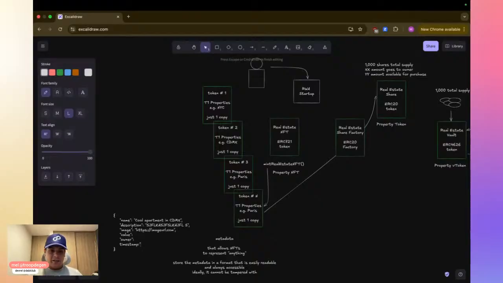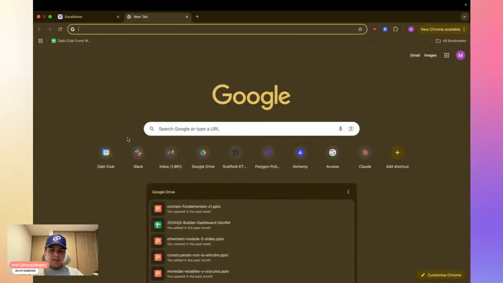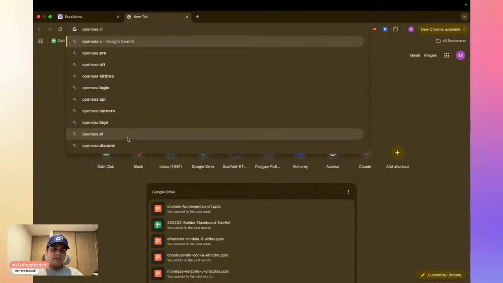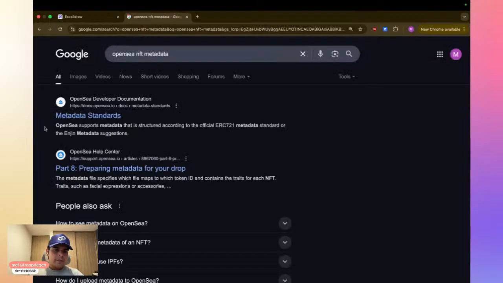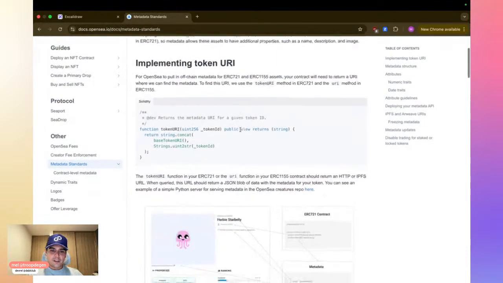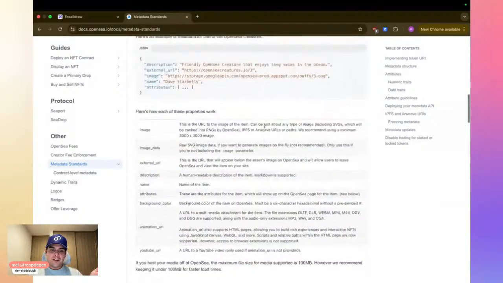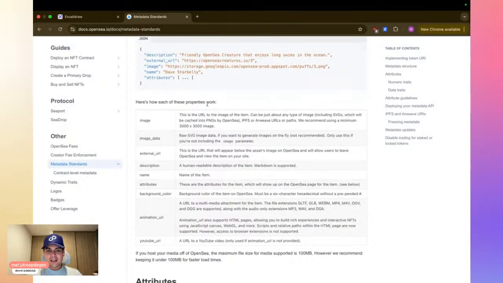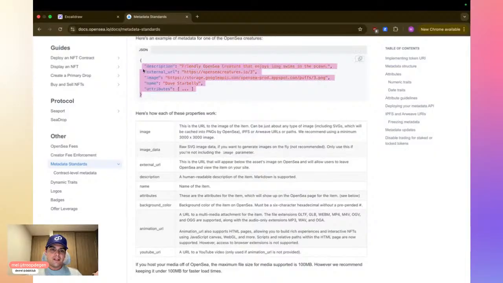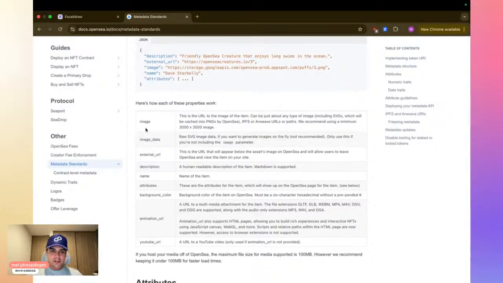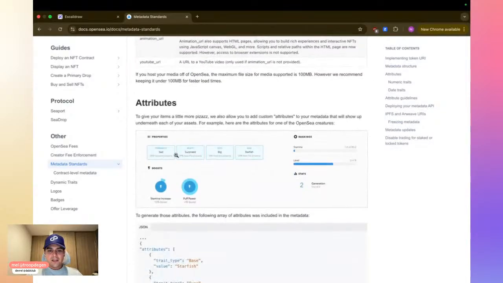However, there's usually a set that works like a standard. OpenSea uses metadata, NFT metadata. This is, of course, not super enforced, but a lot of companies and projects support this kind of definition, where you have image data, external URL, description, name, and then some other information such as attributes that show personality.